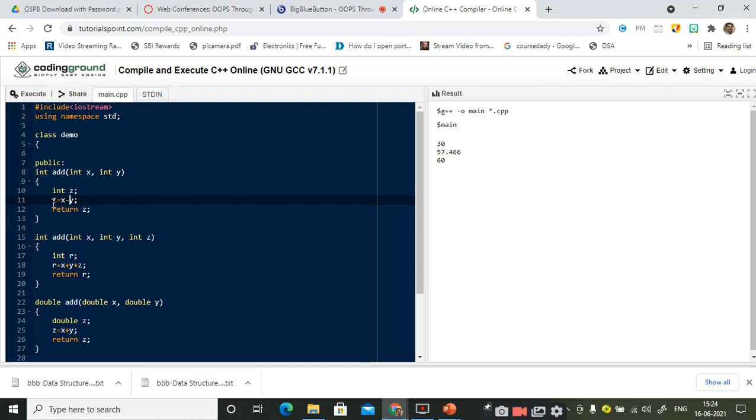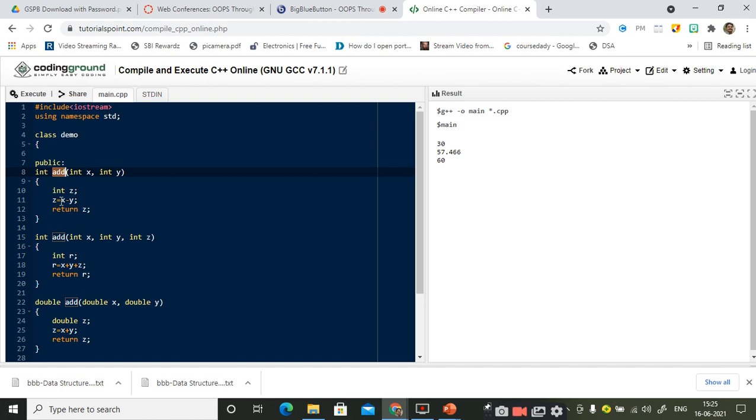So what experts say is the name of the function should reflect what it is going to implement. So the name of the function is add. So the code that should be written for the body of this add function should be the collection of statements which will add some 2 integer values or 3 integer values, whatever it may be. But it is ethical that you add the statements which perform the addition of the variables, right? It is not ethical to make use of the subtraction or product or division, right?